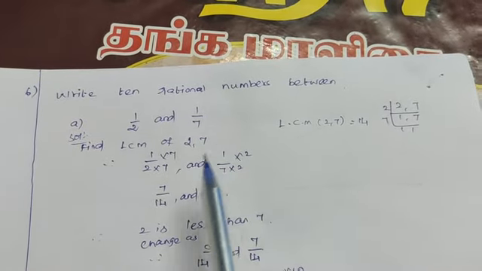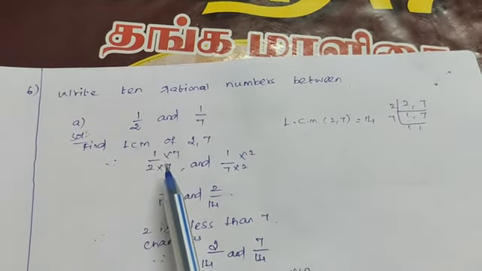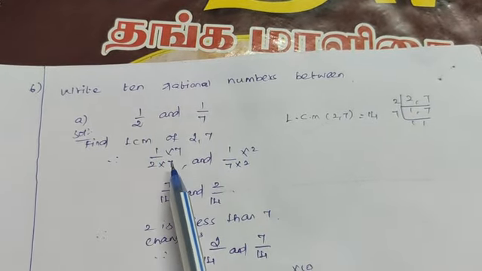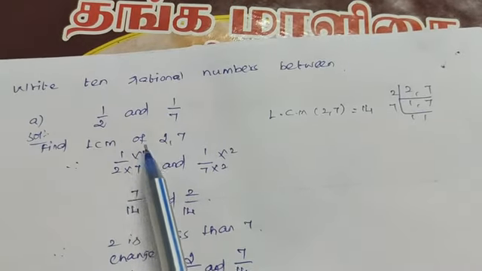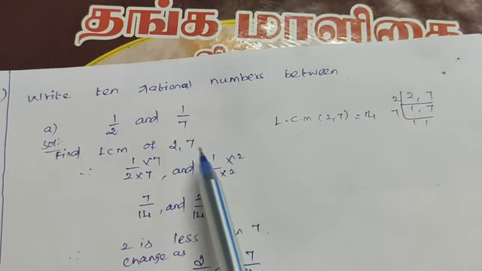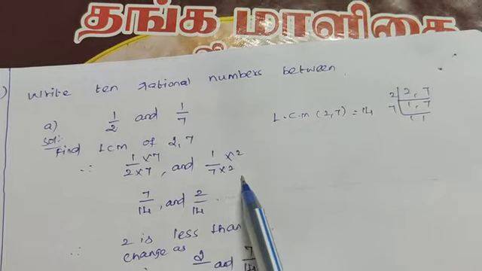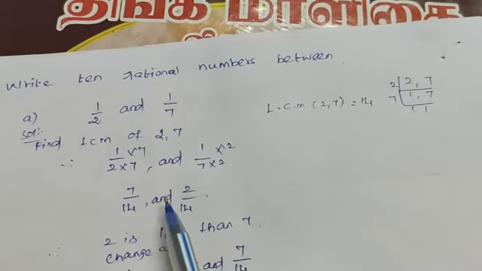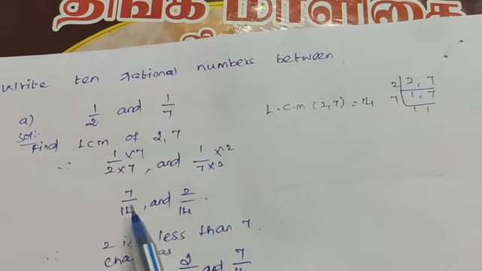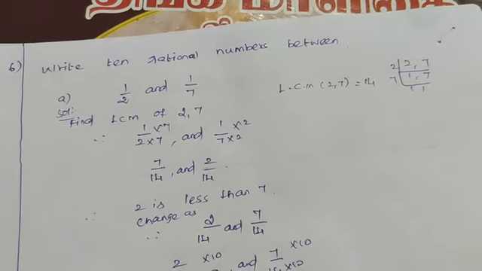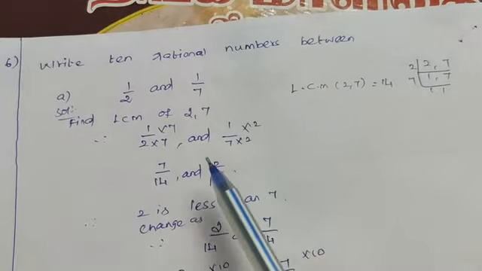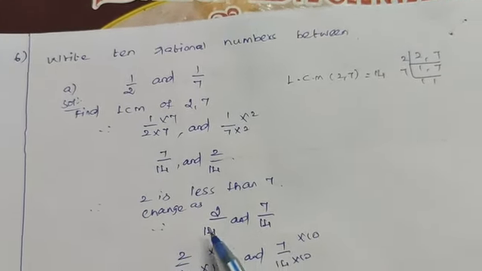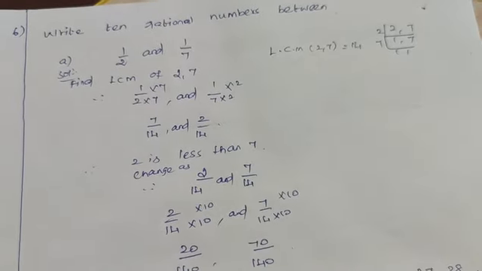Here just find the LCM. Now write the common denominator. So for that introduce 7 here, numerator and denominator. So 1 into 7, 2 into 7. Here introduce 2. So 1 into 2, 7 into 2. Write the equal denominator by using your LCM. Right. So 7 by 14, 2 by 14. Now check the numerator. Which one is smaller? 2 is smaller than 7, no? So that's why rearrange this as 2 by 14 and 7 by 14.